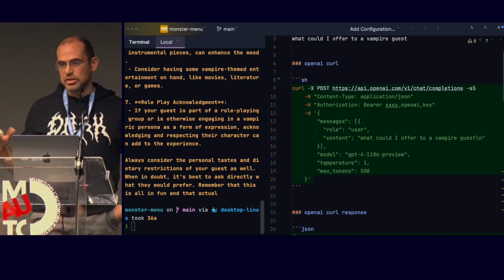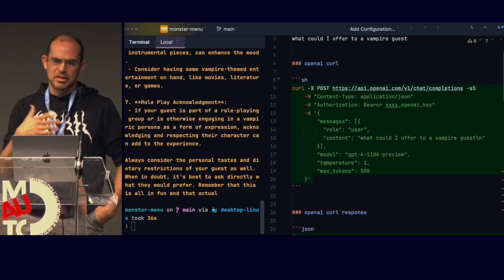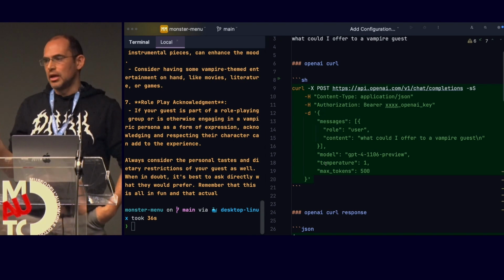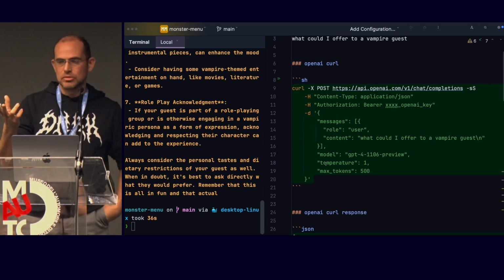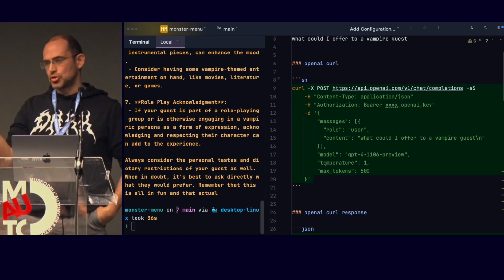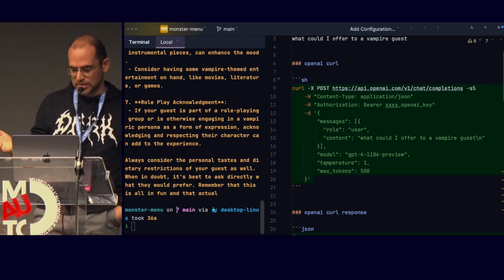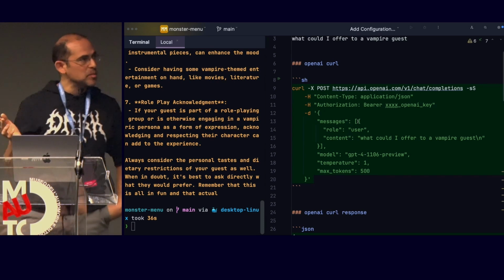The temperature is one of several parameters, and we don't see every one of them, used to tune what kind of creativity the AI should put in our answer. Okay, the temperature is one of the several parameters. The messages, I'll remind you that